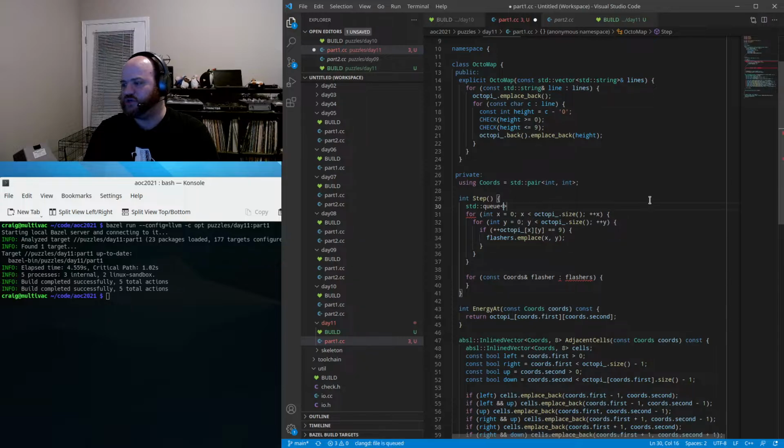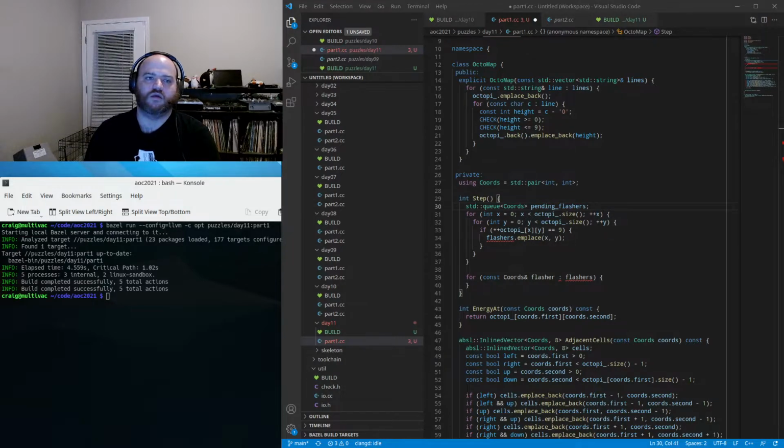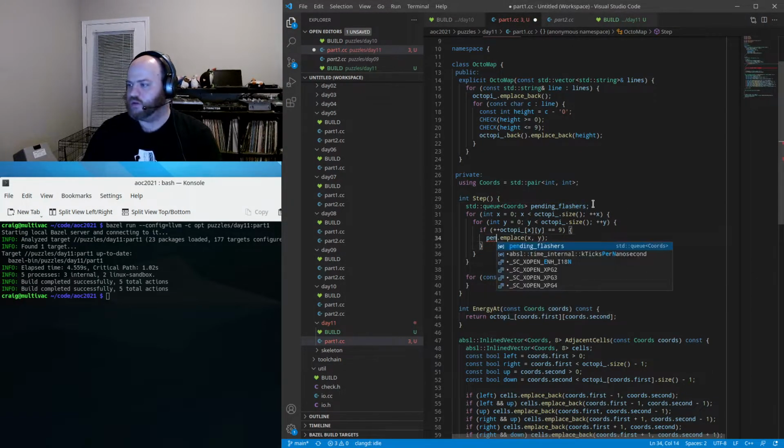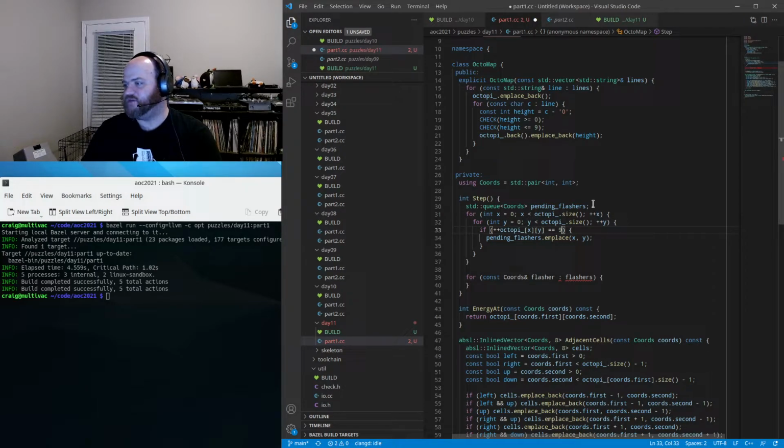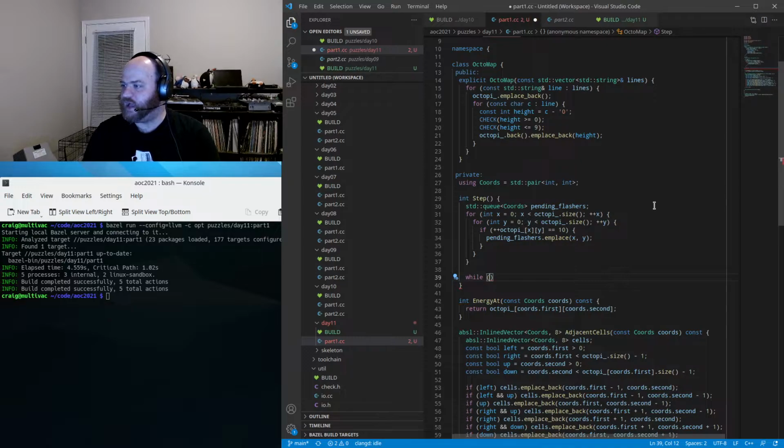So we'll say a queue of coords called pending flashers, and then we will put stuff on pending flashers if incrementing it gives us exactly 10. So then we will say, while pending flashers is not empty,